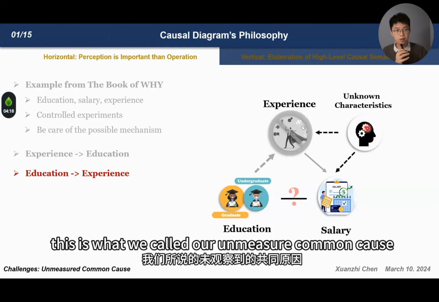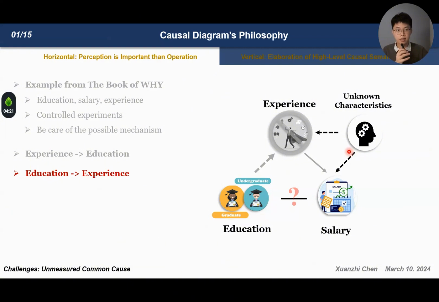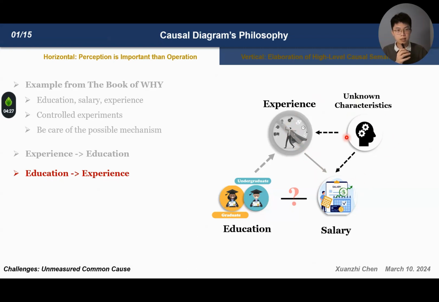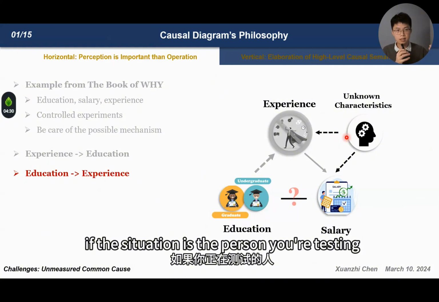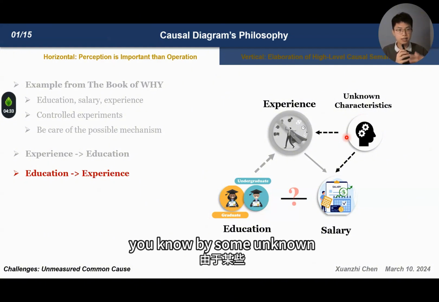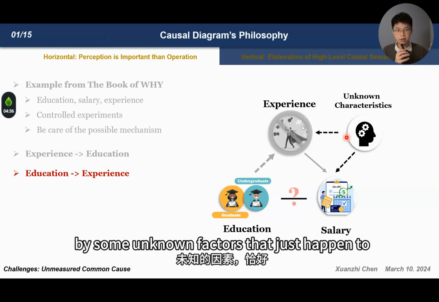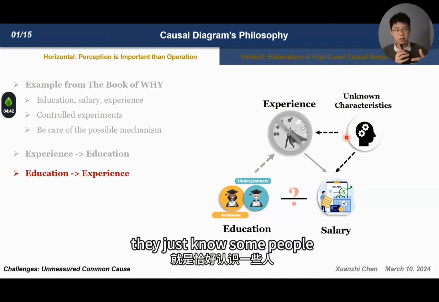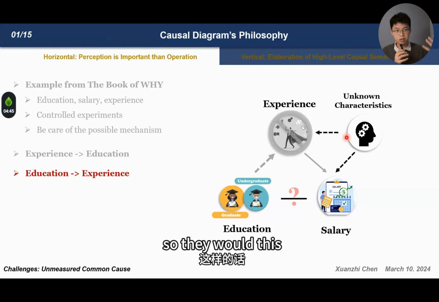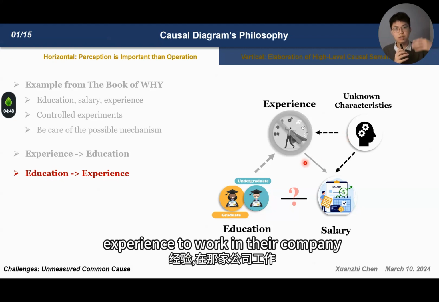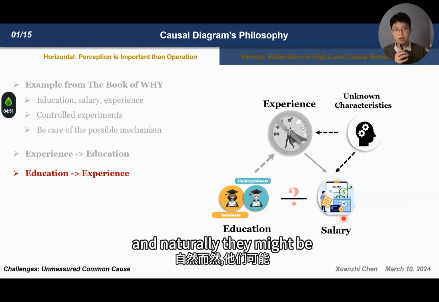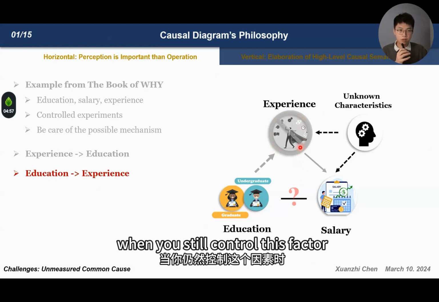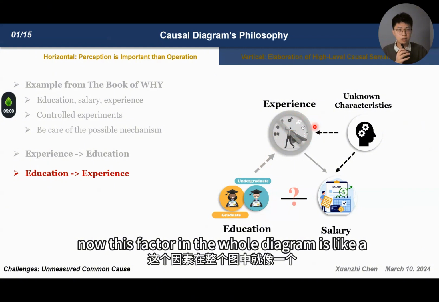this is what we call the unmeasured common cause. Let me explain the situation. You see these two factors. That means the person you're testing just happened, by some unknown factors, to have some connection with the company. Maybe they just know some people like the leading figures in the company. So this will make it easier for them to get working experience in that company, and naturally they might be more likely to get a high payment of salary. So you see in the diagram here, when you still control this factor, now this factor in the whole diagram is like a